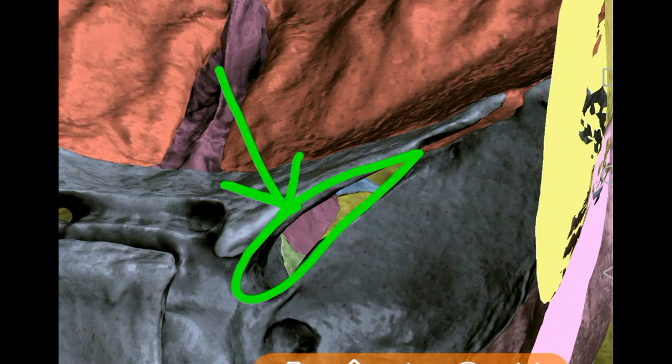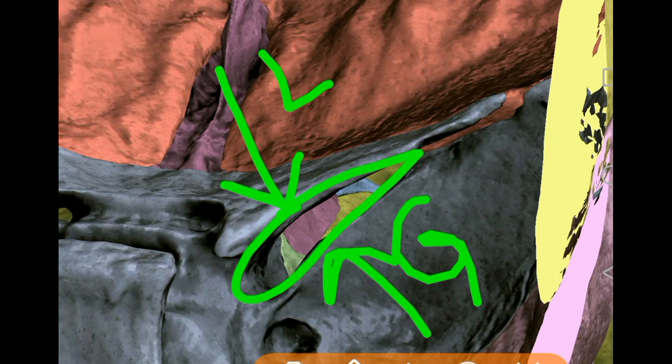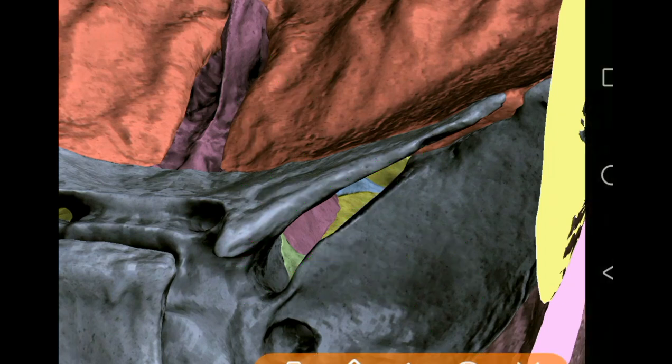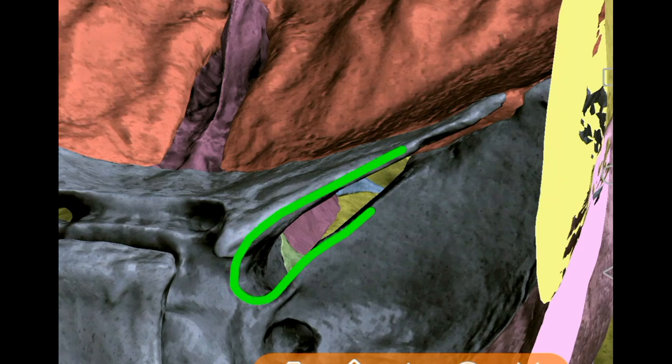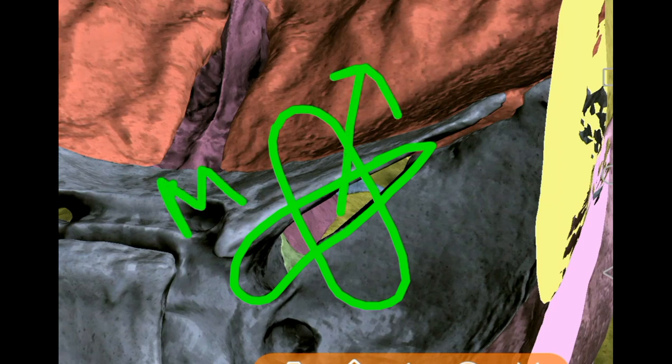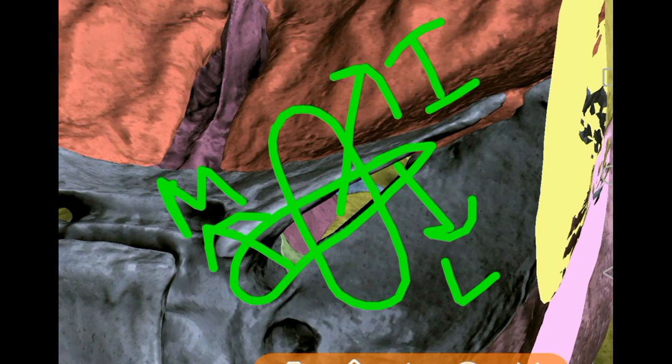You can see that is the superior orbital fissure, an oblique cleft, bounded above and medially by the lesser wing of sphenoid, below and laterally by the greater wing of sphenoid. You can see the medial margin of the orbital surface of the greater wing and medially by the body of sphenoid. And this superior orbital fissure is divided into 3 parts by the common tendinous ring: medial, intermediate and lateral parts. You can see that is a ring. It divides this cleft into 3 parts.